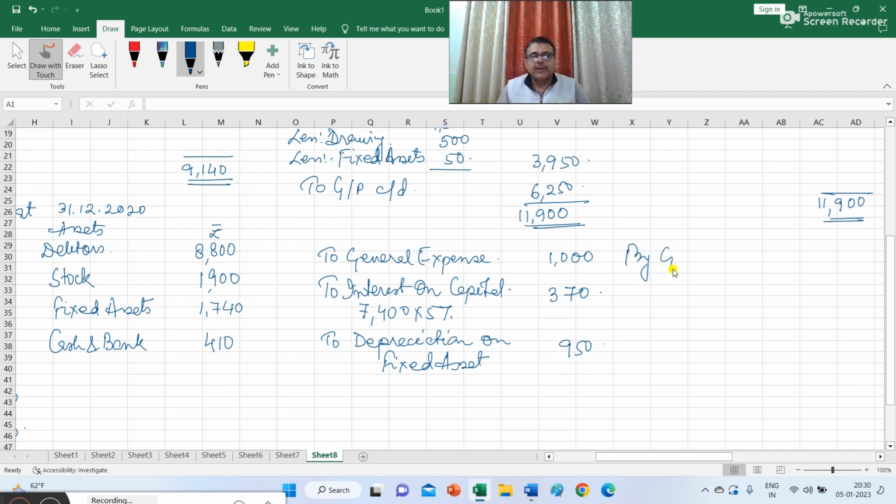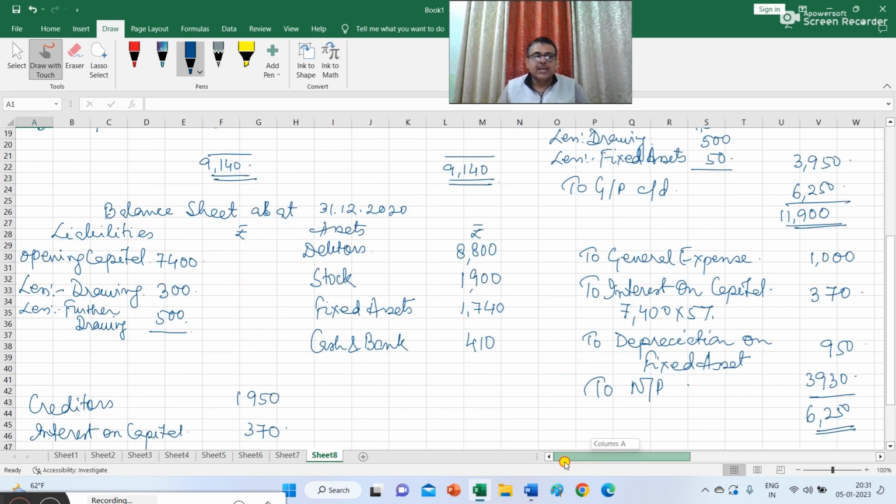So the gross profit I have to bring down from the trading account as 6,250, and the first item is general expense of 1,000, then interest on capital 370, then depreciation on fixed asset 950, and the net profit is 3,930. So you have a total of 6,250, that's total of debit and the credit side. And the net profit will be recorded here, and the net profit will be recorded here in the closing balance sheet